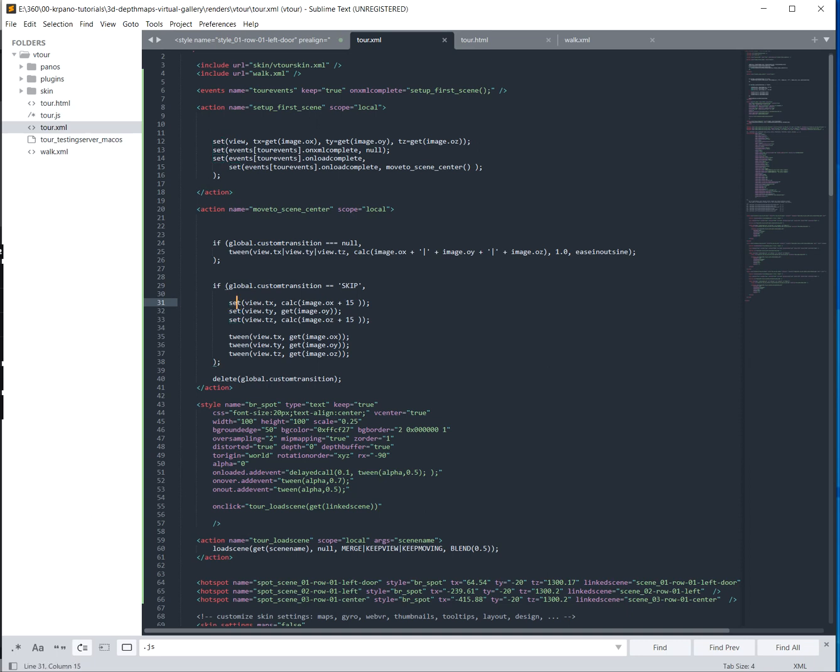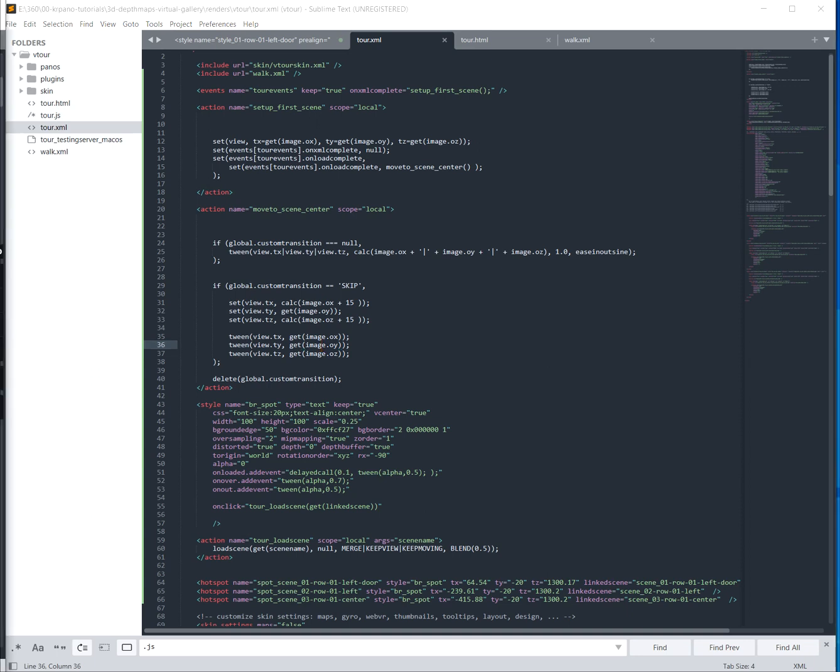So I just did the set as the starting point, and then here is the animation to do this. So I changed the starting position to start from the panorama we're currently in, but almost the same as where you want to transition to. I don't know if that makes sense, but